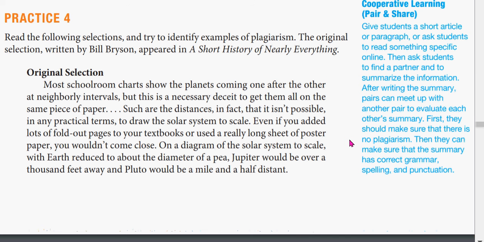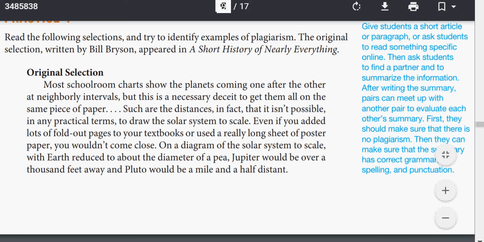So the only way to avoid plagiarism is to say where you got the information, and in this case the writer's name is Bryson, so they have to somehow show that name, and they have to either quote the exact words or paraphrase it without making it look like they're